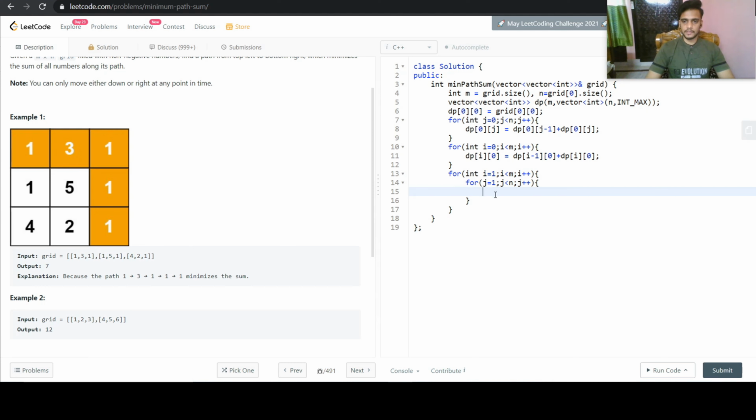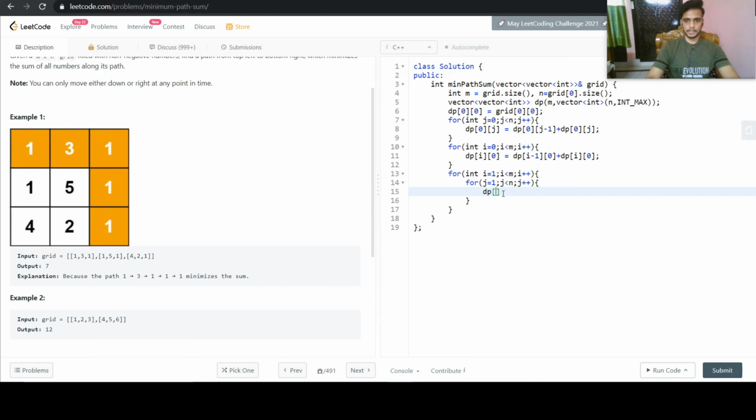Now for each value, we are going to take the minimum value to come to this path. We will take the minimum value from the upward or the leftward direction. So whichever block is in the upward direction and whichever is in the leftward, we will take its minimum and we will add the current block's cost to it.